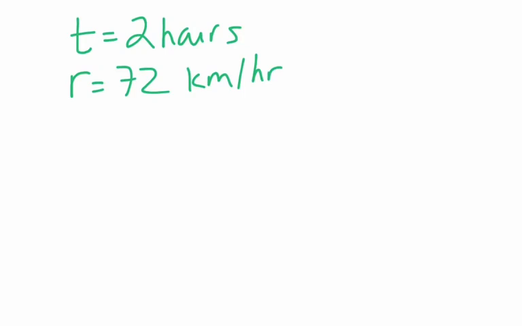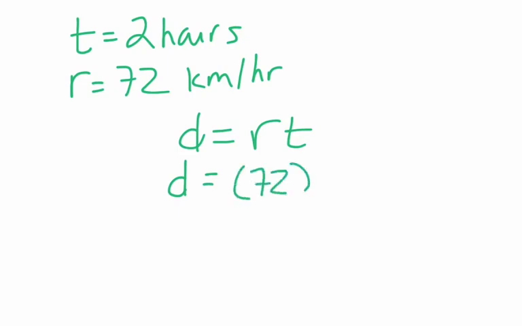Now I'm going to write down the formula that I used to solve the problem. And now I will take my two values and plug them into the formula and evaluate. So the rate was 72. The time is 2. And so that would be